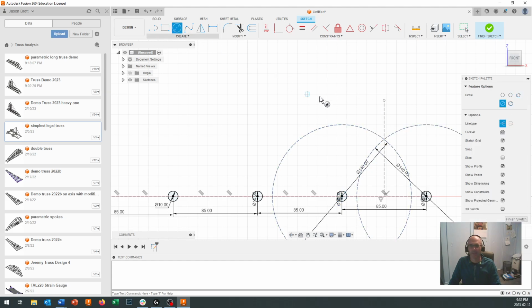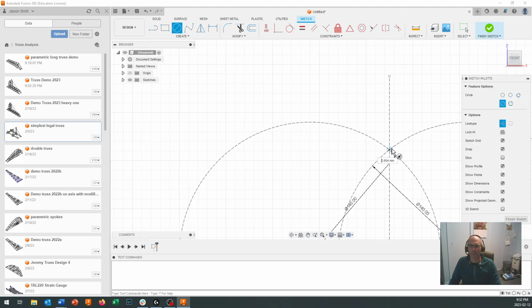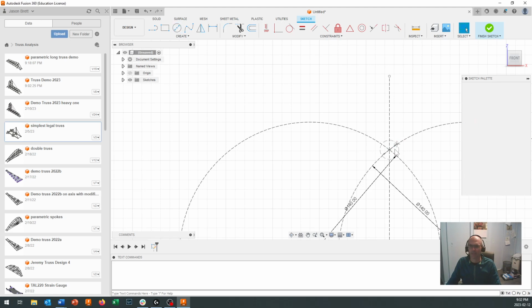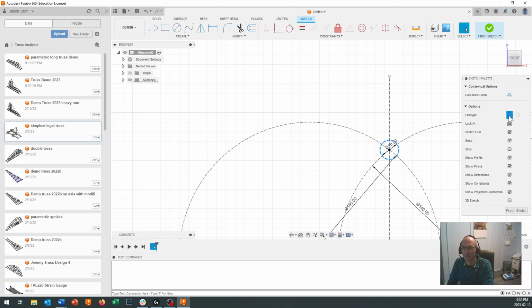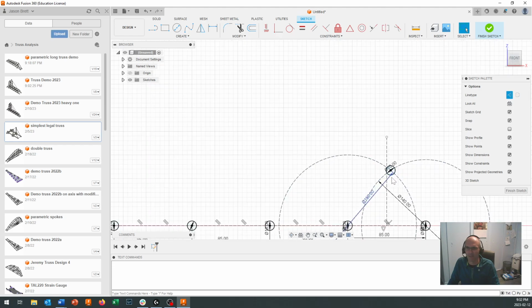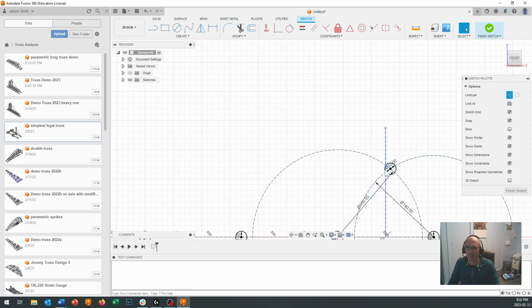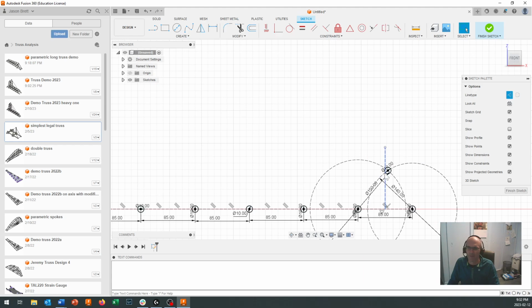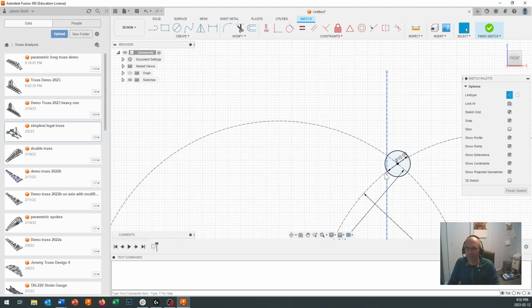And now I can come in here and create a circle right on there that is 10 millimeters in diameter. Now if I want to play around with this, I can come in here and change this one up to 150. And that moves along that circle right there because that is linked to the intersection of that circle. Now, maybe that's not exactly where I want it linking to, but